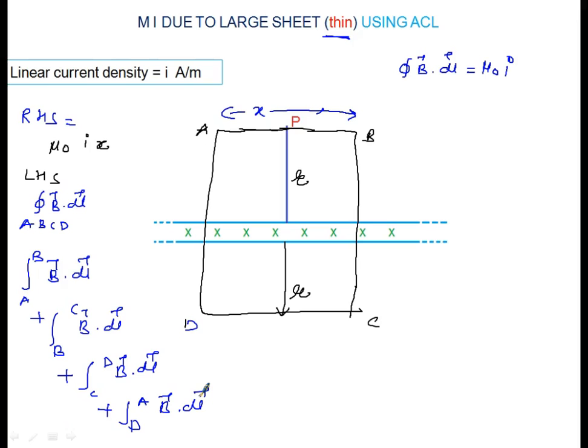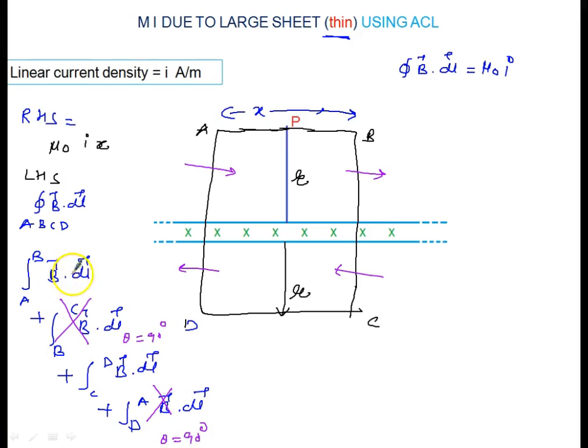Okay. Now you just observe here. If this is the cross current, it means you stretch the right hand thumb along the inward direction, and you just see the curling of the fingers, which will give the magnetic field. So the magnetic field pattern in this region will be toward this side, and when you come toward this side, the magnetic field is toward this side. So it doesn't matter whether you are moving from A to D or D to A, always this theta is 90 degrees, and B to C also 90 degrees. So I think we can delete this B to C and D to A. The reason is clear to you because theta equals 90 degrees in both situations.